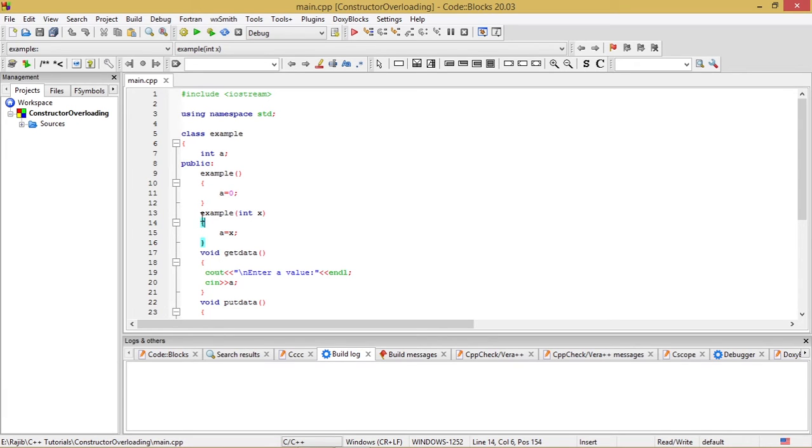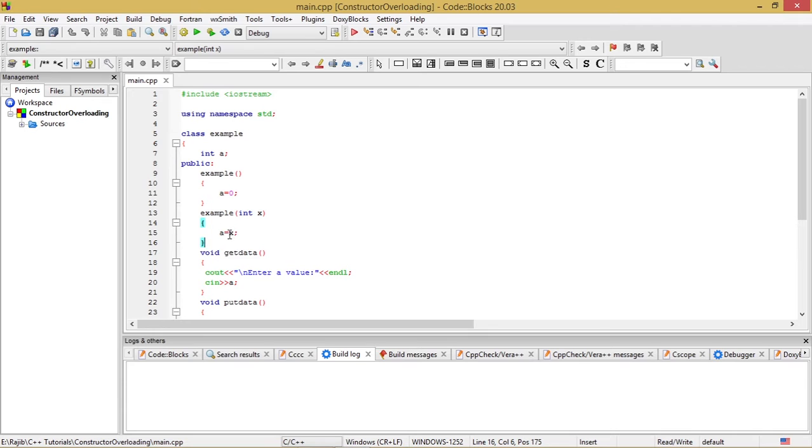After that I have written yet another constructor having the name Example with a parameter x of the integer data type. So it is a parameterized constructor, and this constructor has a single expression statement in it, that is a = x. Whatever is supplied as a parameter to the object when it is created of this Example class, that parameter will be assigned to the member variable a of that particular object.